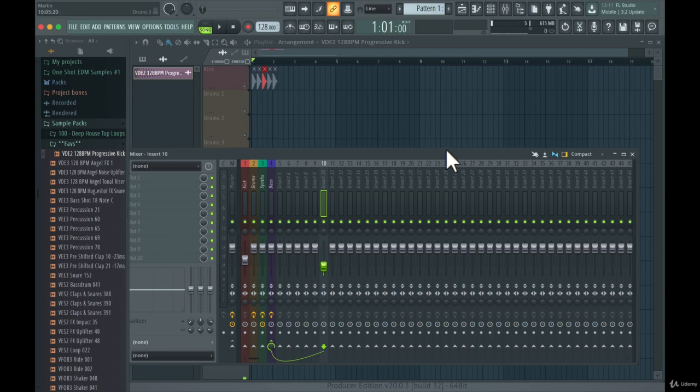A very important thing to do when you're producing your music is to always lower the volume on all of your new sounds, because if you have everything on maximum volume like this, then it's going to clip, it's going to be too much all of the time. So it's very important to take a look at the volumes in the mixer, and you always want your kick drum to be the loudest point in your track.